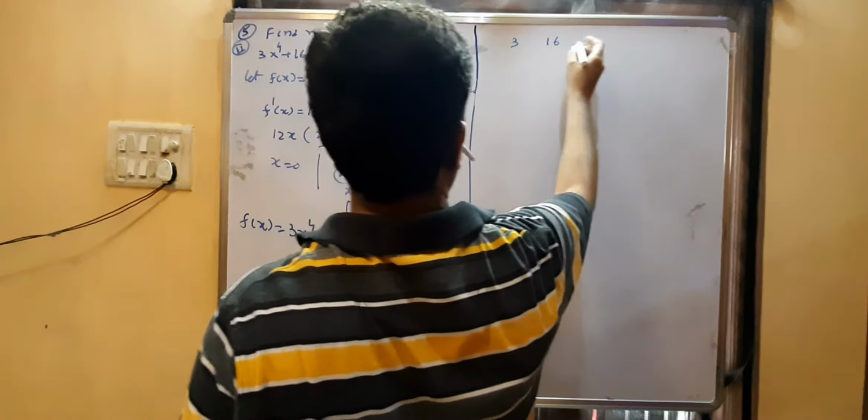Minus 2, 0, 3, minus 2 into 3, minus 6, 10, minus 24, minus 2 into 4 is minus 8, minus 8, 16. Remainder you got the 0. Remainder 0 means minus 2 is the multiple root. So again you have to do it with respect to minus 2. 0, 3, minus 2 into 3, minus 6, 4, minus 2 into 4, minus 8, again minus 4, 8, 0.